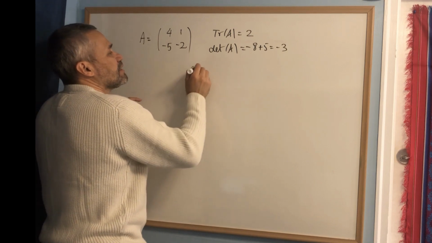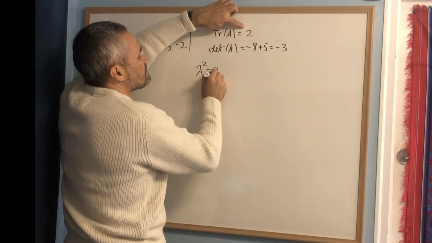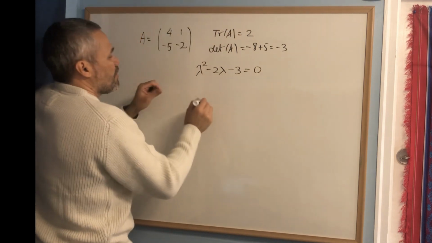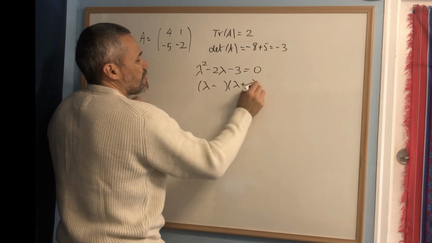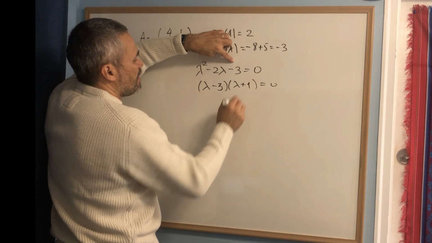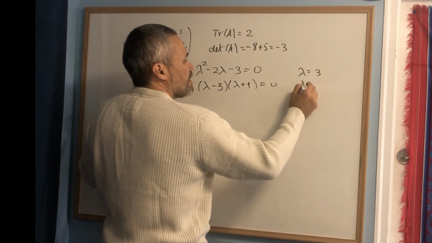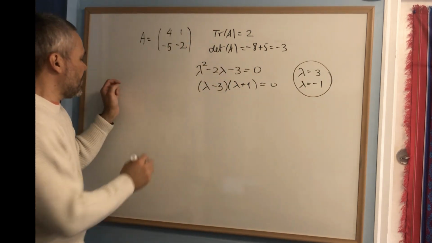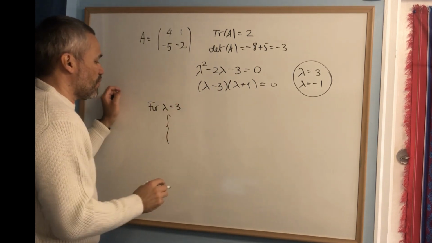That means that the characteristic equation is lambda squared minus the trace, minus 2 times lambda, plus the determinant equals 0. We can factor this like that, right? Two numbers that multiply to negative 3, and 1. That means that the eigenvalues are lambda equal 3 and lambda equal negative 1. Now let's compute the eigenvectors. For lambda equal 3, we have that